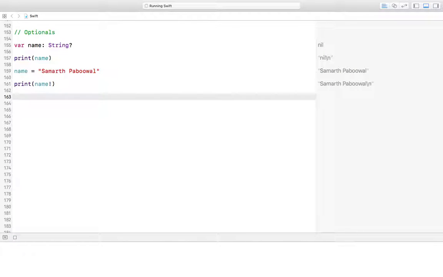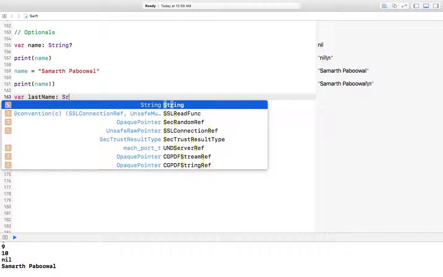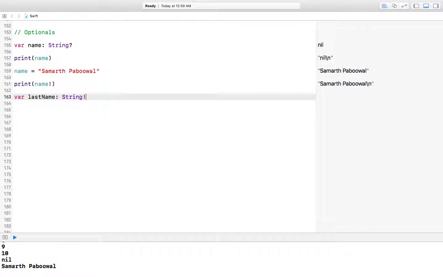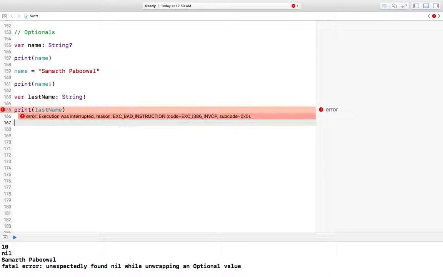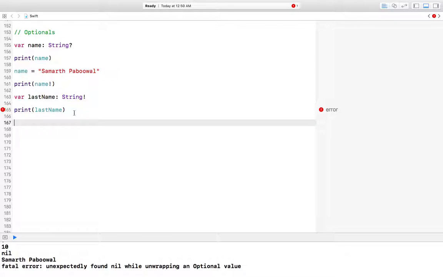There is another method of creating optionals in which we don't have to unwrap it while printing. We can do it like this, where for last name of type string, instead of a question mark we will use an exclamation mark. And if we try to print last name, this time it should show nil because we have not set any value to it. But after that, now you will see that it is showing us an error